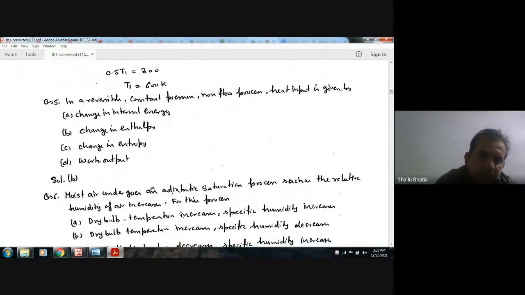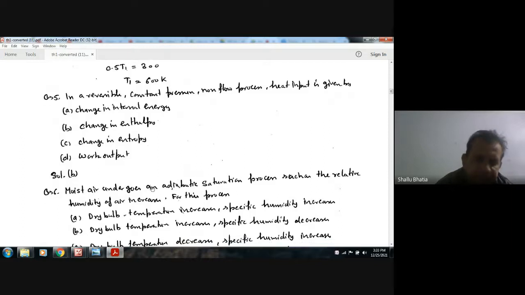Question 5: in a reversible constant pressure non-flow process, heat input is given by which option? In a reversible process, the heat input at constant pressure is given by change in enthalpy, and at constant volume it is given by change in internal energy. So answer is B. Next,